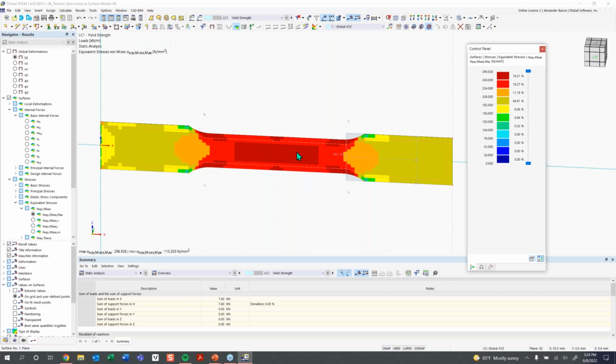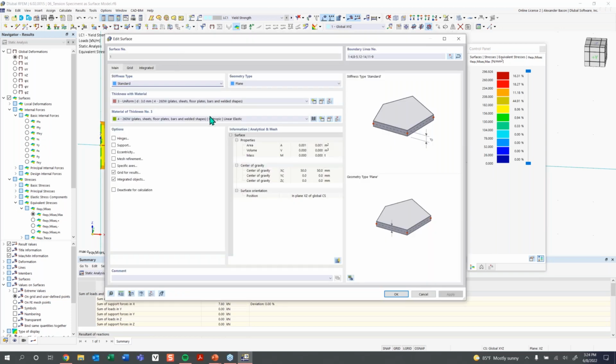And we have to activate, like I mentioned before, the nonlinear material behavior add-on and choose a different material. So what I'm going to do is double click here, and I'm going to go into my materials that I already have preset, and I'm going to choose the same material, but instead of a linear elastic material, this is going to be a plastic material. So you can see here now, it's an isotropic plastic material. If we take a look and edit this material,